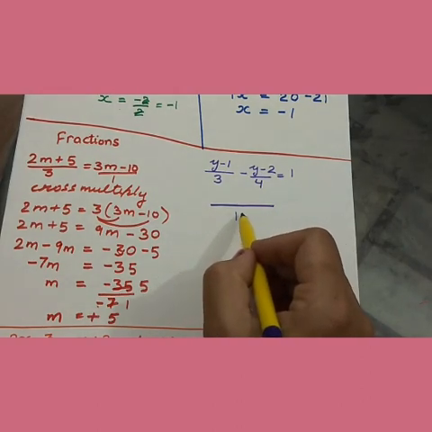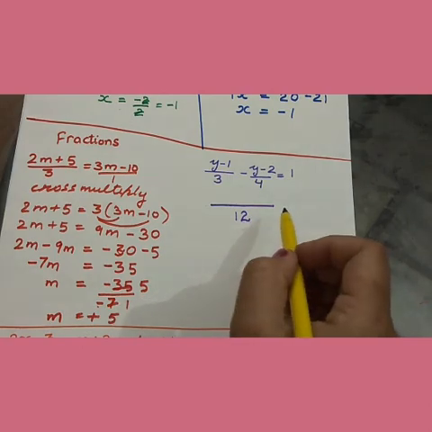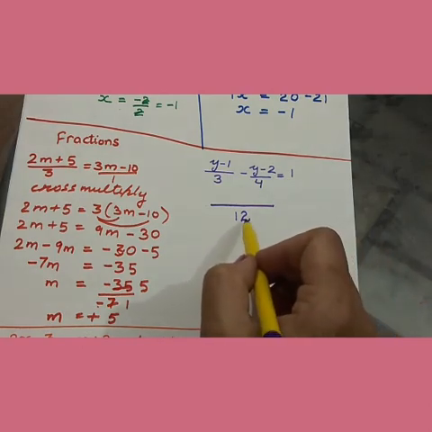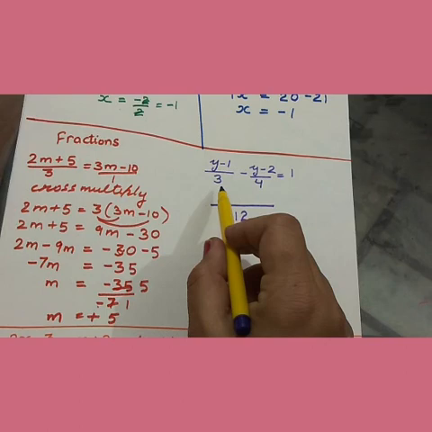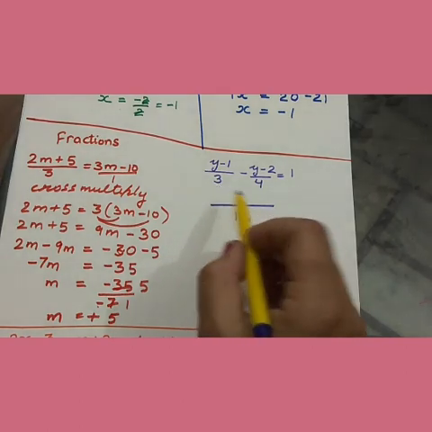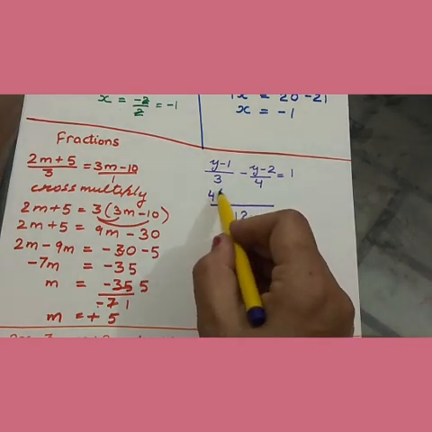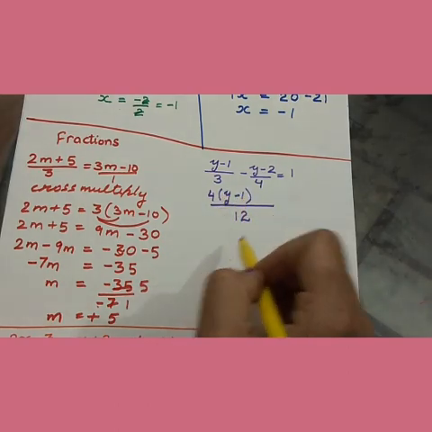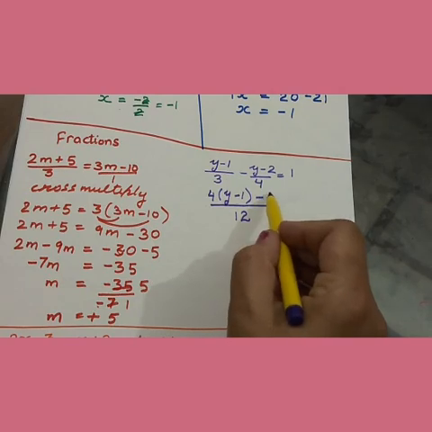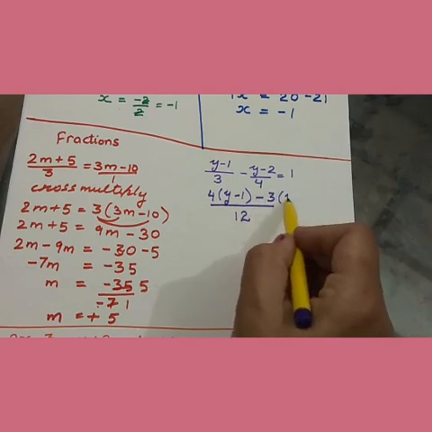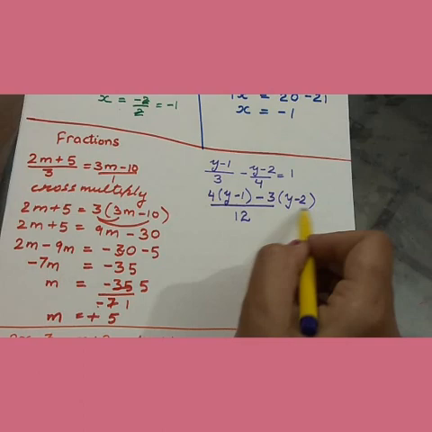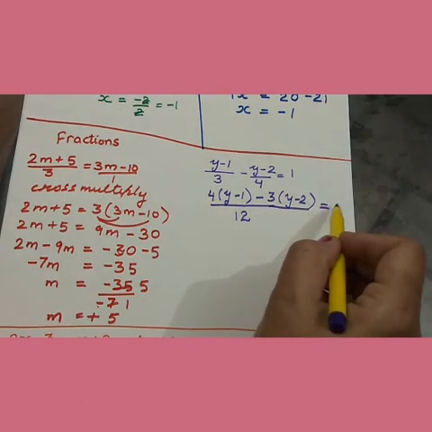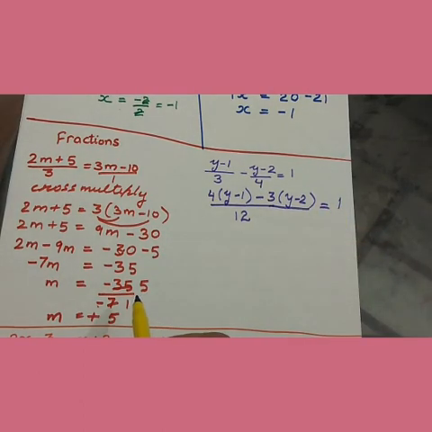we are going to take first an LCM of the left hand side, and when you have taken the LCM, divide by the denominator, that is 12 divided by 3, it is 4, multiplied by the numerator. So it will be written like this. Same procedure, if you write the next, it will be written like this. This will become equals to 1.